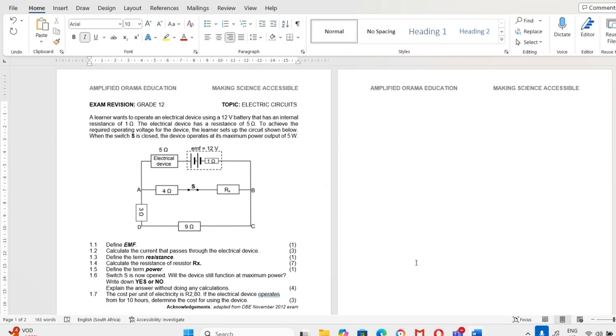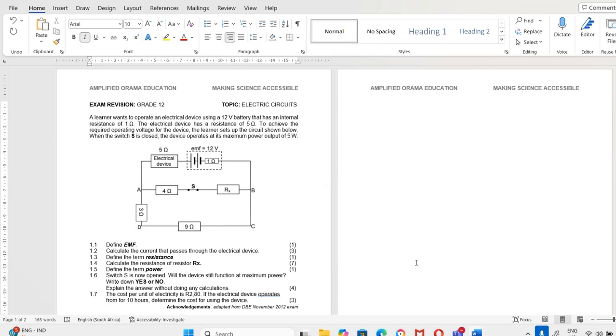Today we are doing electric circuits. And before we discuss this question, please pause the video and try the questions on your own. Remember, when it comes to electricity, there might be more than one way of arriving at the answer. Please try the other ways that are available for you to solve these questions and share them in the comment